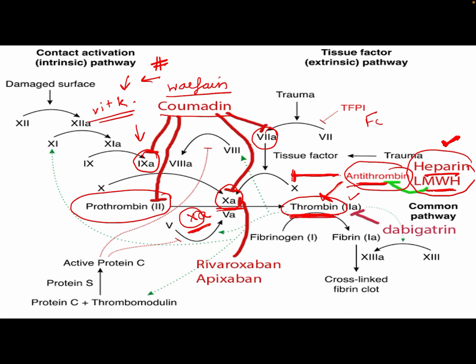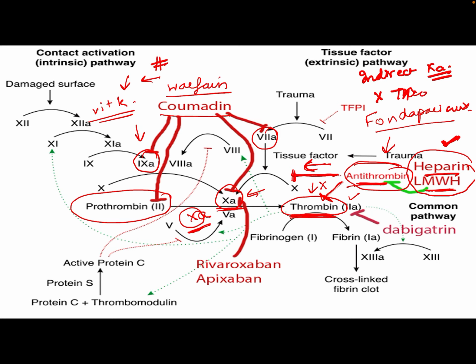In this category is another anticoagulant known by the name of fondaparinux. This fondaparinux also acts through the antithrombin pathway, but it uses only this pathway. So it is an indirect inhibitor of the 10A clotting factor, and it does not proceed into the other pathway. It is only an indirect inhibitor of the 10A clotting factor, and it doesn't inhibit the thrombin part. So this is the difference between fondaparinux and the heparin group of anticoagulants.